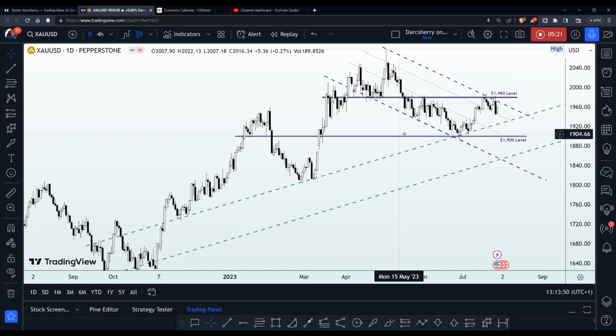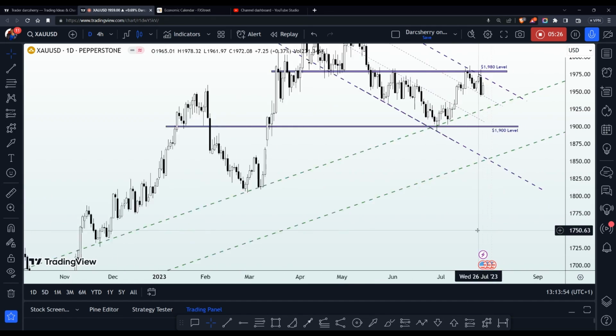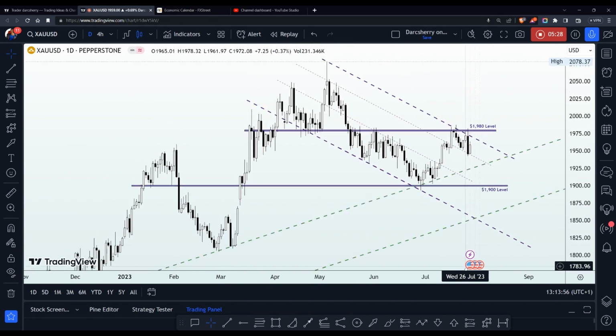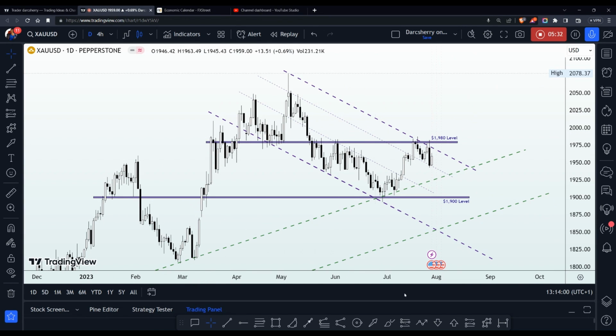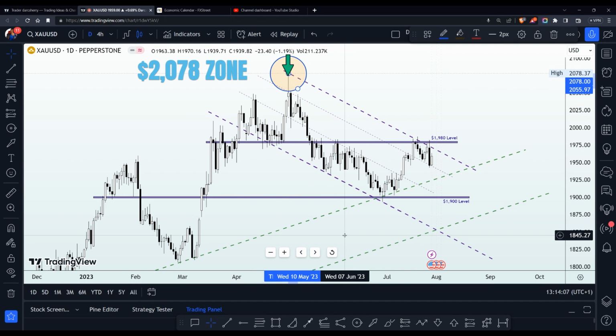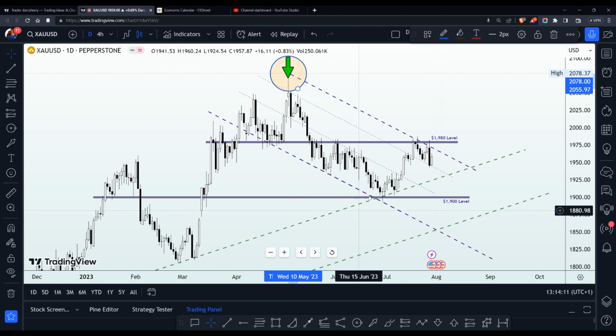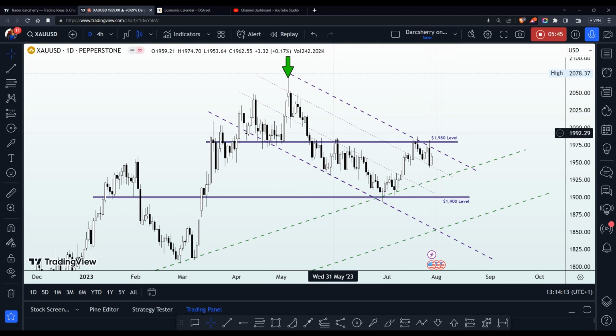However, if we zoom into the current structure and take into consideration what has been going on since the month of March, you would have noticed that ever since price action tested the highest point here, at the $2,078 area, price action has been finding lower lows and lower highs,